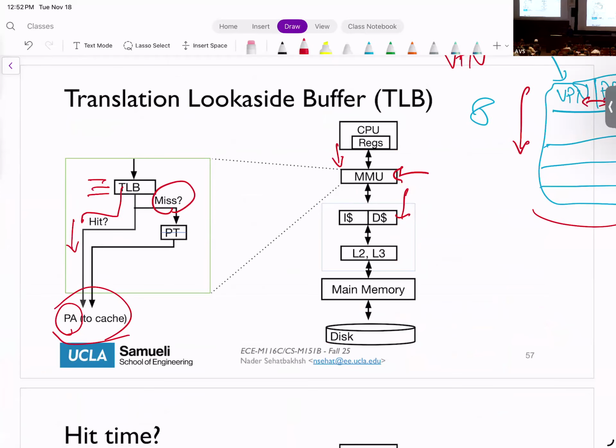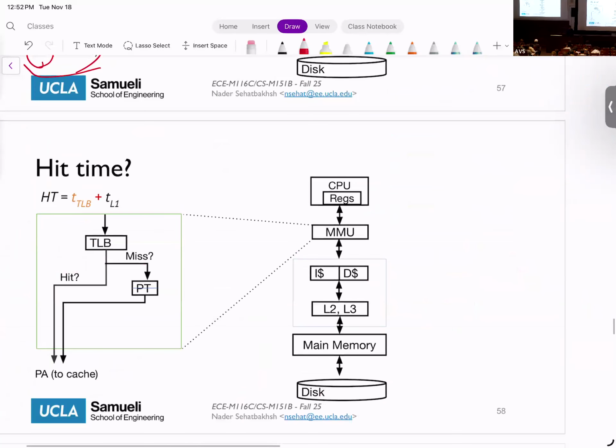I'll actually talk about how to maintain the TLB. But before that, one important thing to realize is that your actual hit time from the CPU perspective is not just the L1 cache, it's T of TLB plus T of L1. So in the best case, where your mapping is inside the TLB, so it's a TLB hit, and your data is in the L1 cache, the fastest you can retrieve this data is T of TLB plus T of L1.